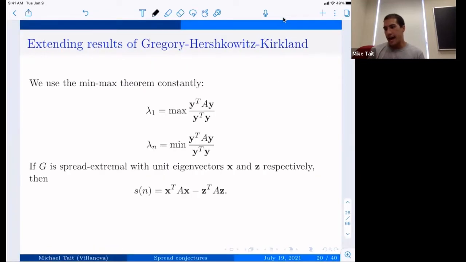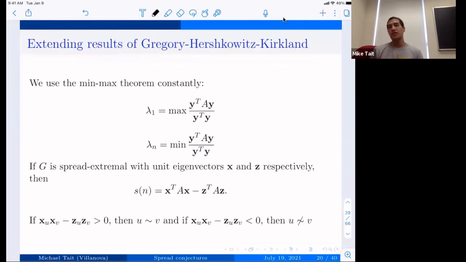And you can rewrite the extremal spread in this way if you know the eigenvectors. So if x corresponds to the largest eigenvalue and z corresponds to the smallest, then this is just lambda1 minus lambda n. So this extremal spread is just this kind of Rayleigh quotient minus another Rayleigh quotient. And if you know the vectors, that tells you actually where the edges have to be. So if you look at this quantity, xu xv minus zu zv,